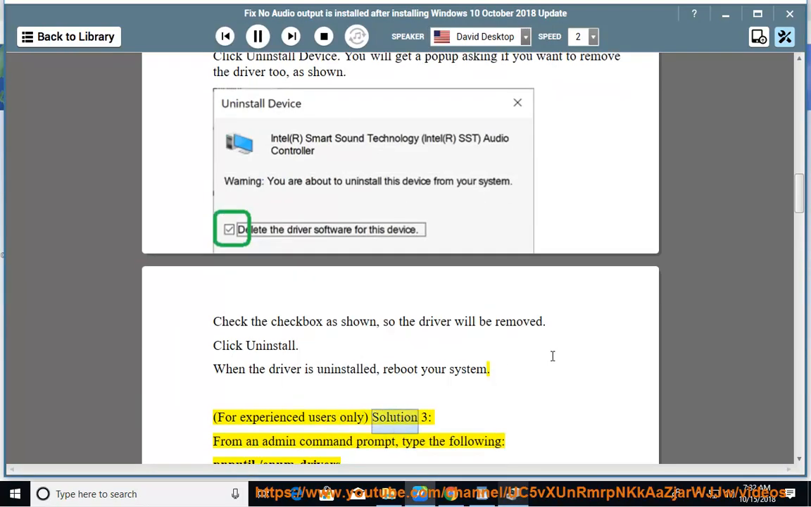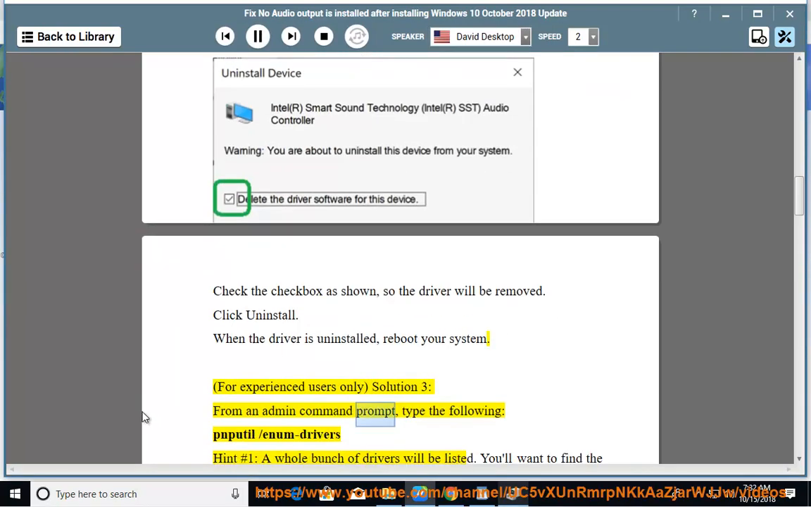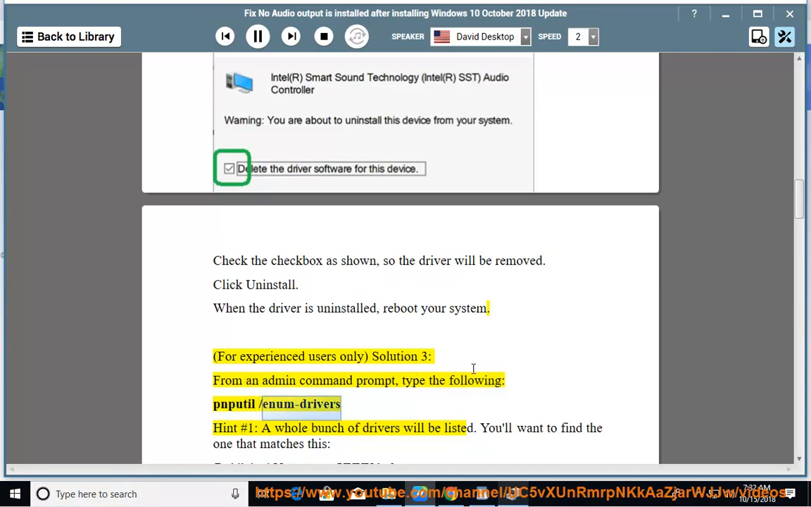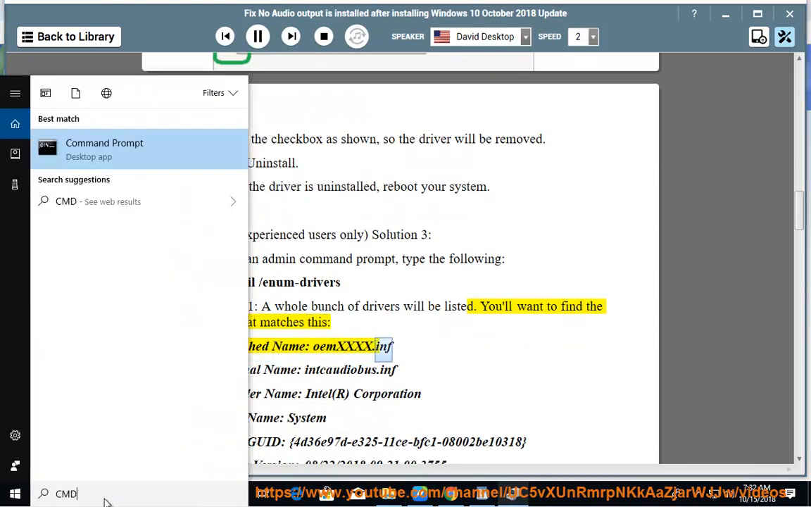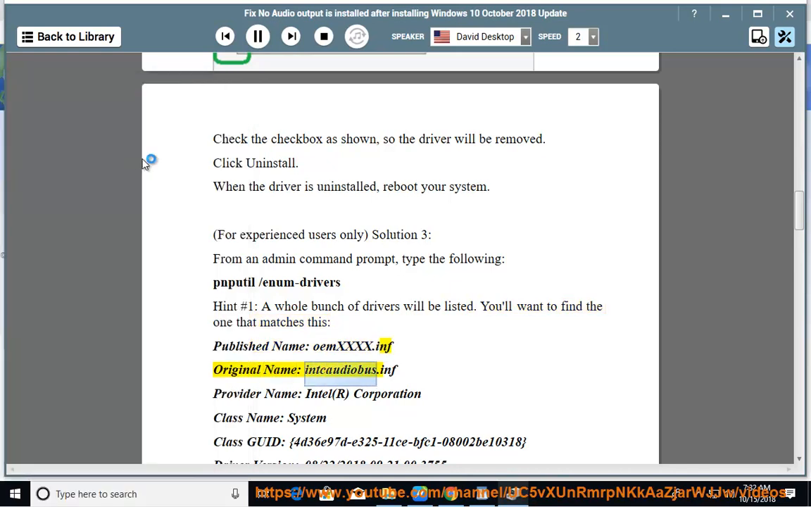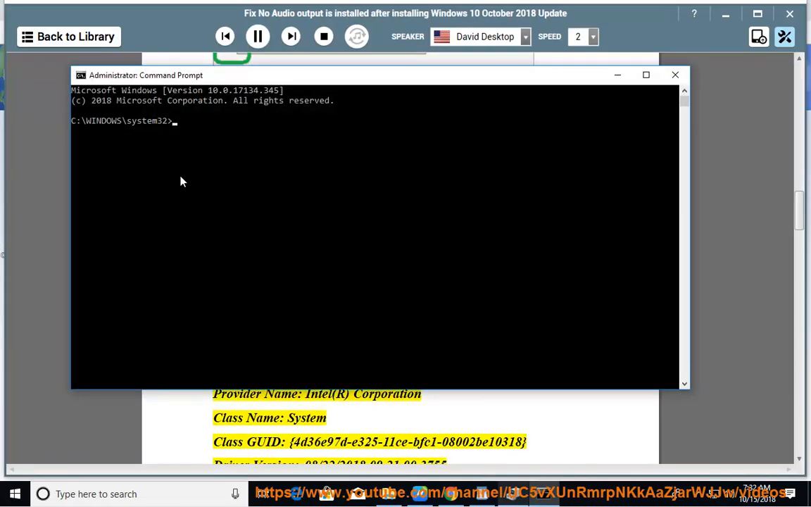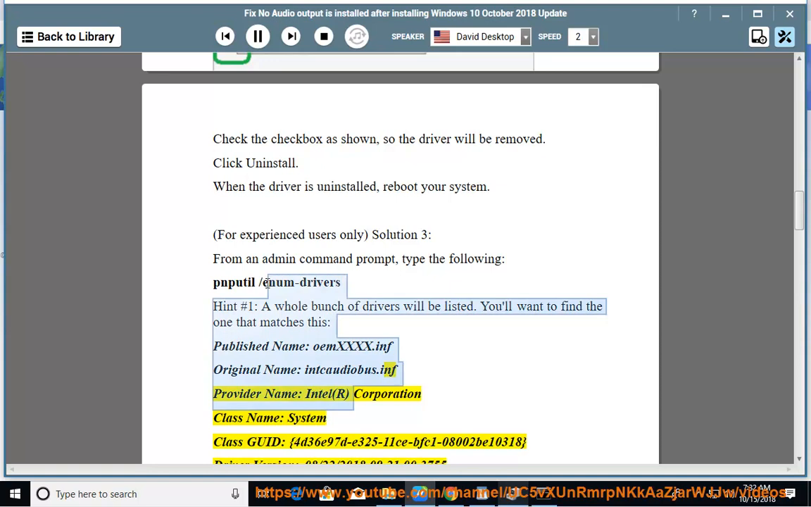For experienced users only, Solution 3. From an admin command prompt, type the following: pnputil /enum-drivers. Hint number 1: a whole bunch of drivers will be listed. You'll want to find the one that matches this. Published name: oemXXXX.inf. Original name: IntcAudioBus.inf. Provider name: Intel(R) Corporation. Class name: System. Class GUID: